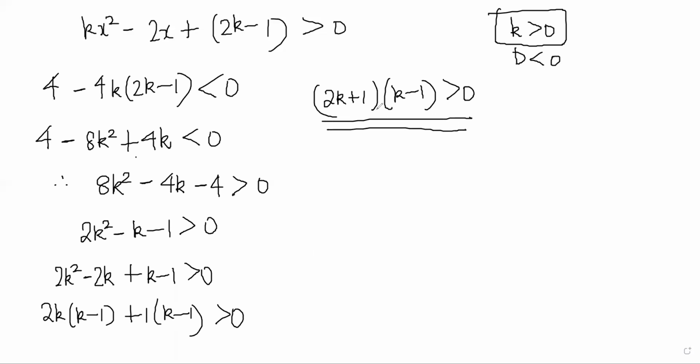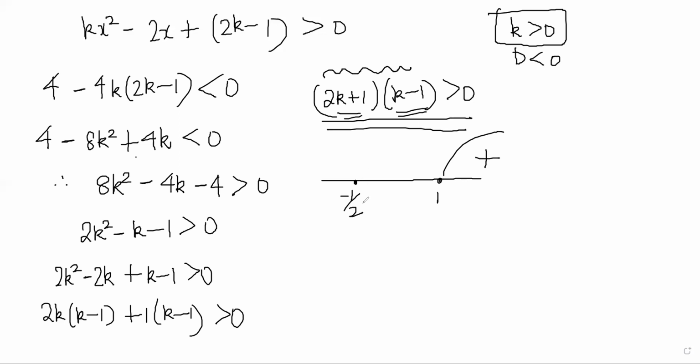Now, this happens in certain regions of k, like for certain values only this will be true. So let's think about which values. One possible value where this becomes 0 is minus half, and one possible value is 1. At these points, this expression disappears, it becomes 0. So above 1, those points, this will be positive and this will also be positive. So overall the thing is positive.